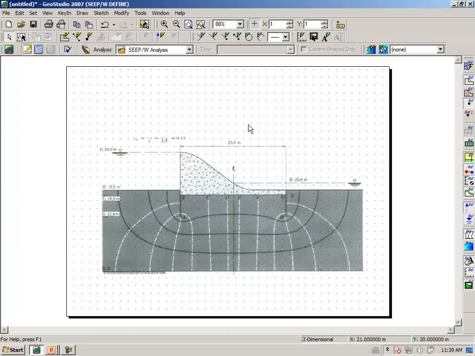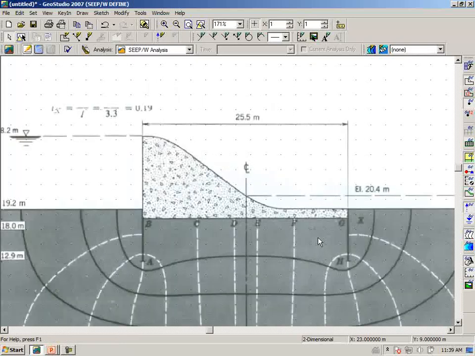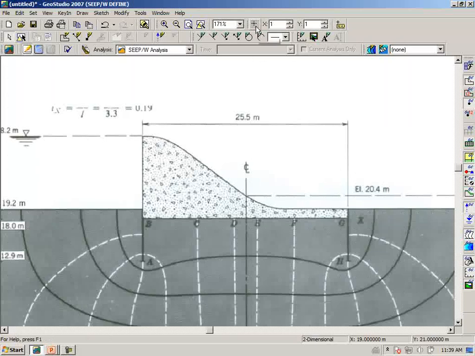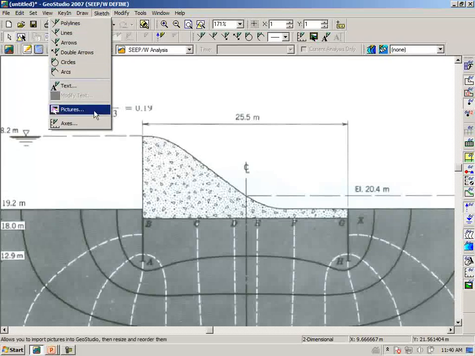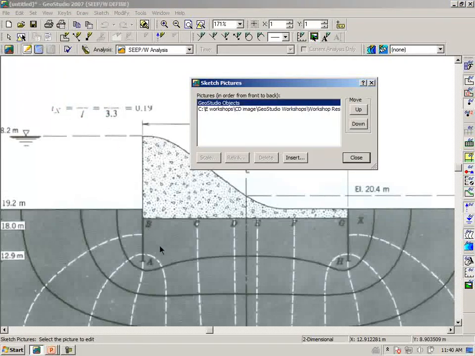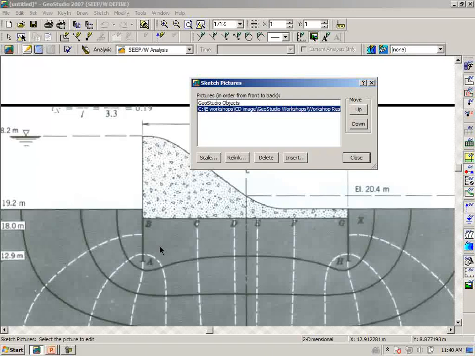The next step is that we can zoom in on a particular region of the bitmap, and we see that this drawing wants the center line, the x equals 0, to be at the center of the drawing. And we have some dimensions here which can aid us in setting the appropriate scale. We can turn off the snap to grid, and going back to sketch, pictures, and then clicking on the bitmap, we